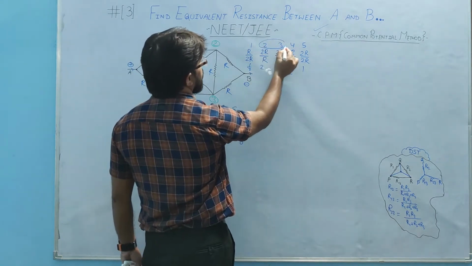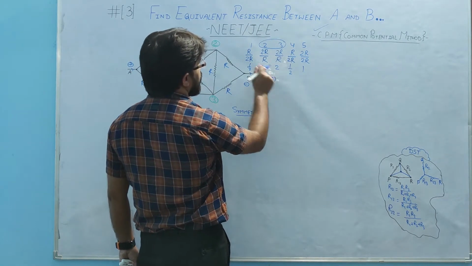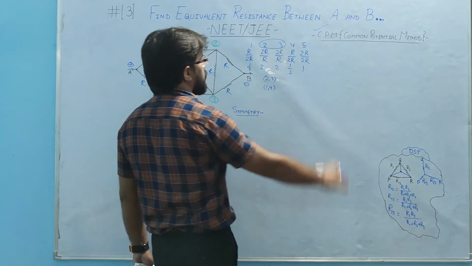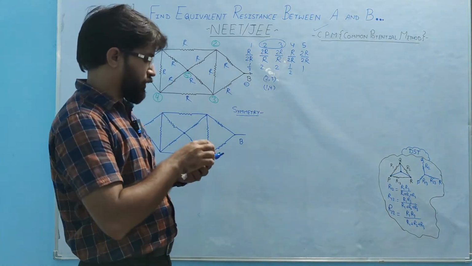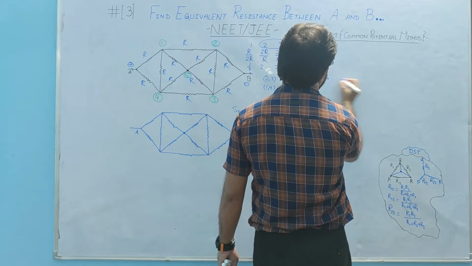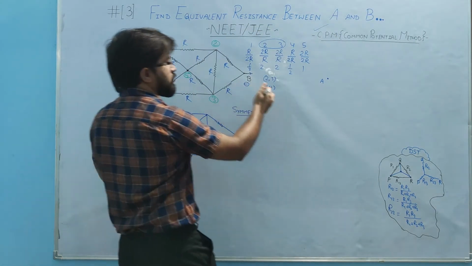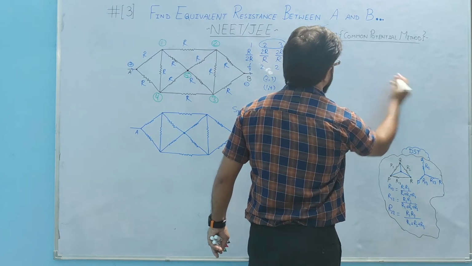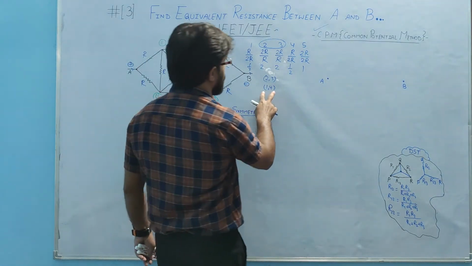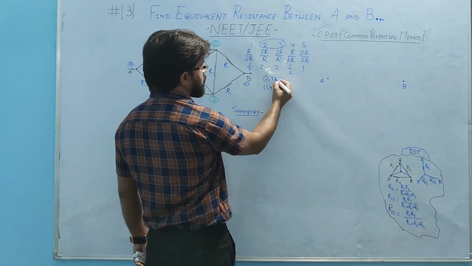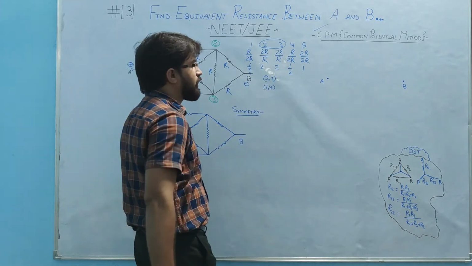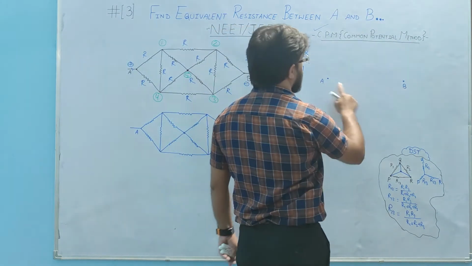So 2 and 3 are at the same potential, and 1 and 4 are at the same potential. 5 is not; it's a different point. So quickly I redesign this circuit. Points A and B we take a few distance apart. Other than A and B, the common potential points 1 and 4, and 2 and 3, we can mark as one point each, anywhere other than A and B.